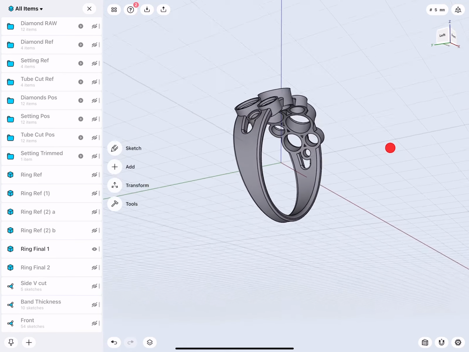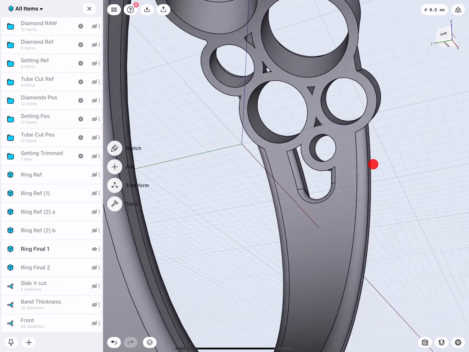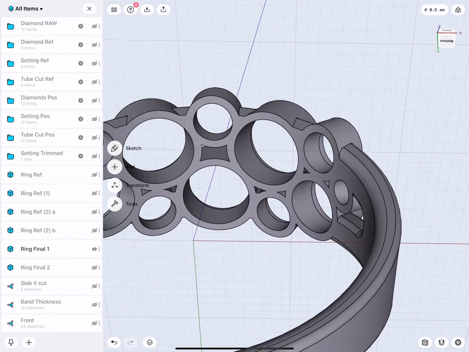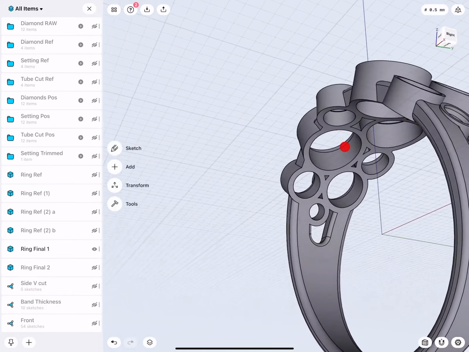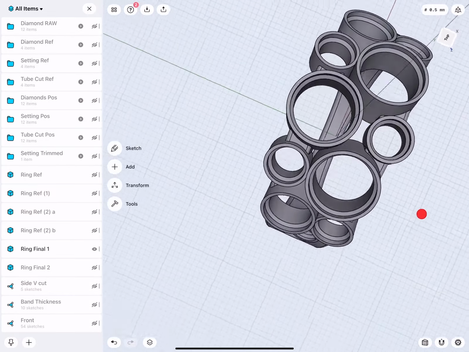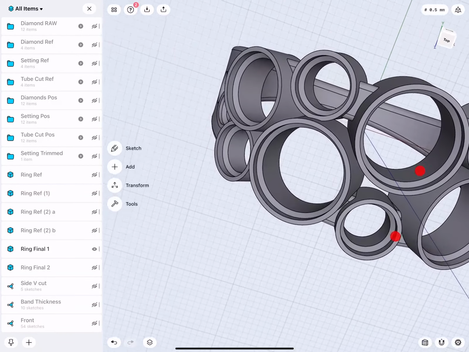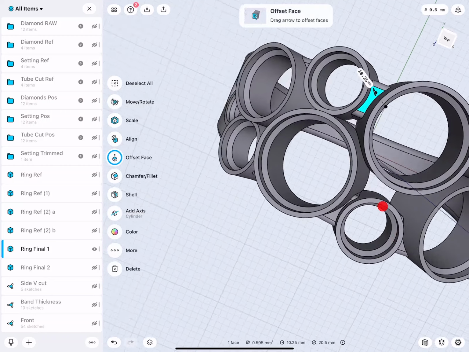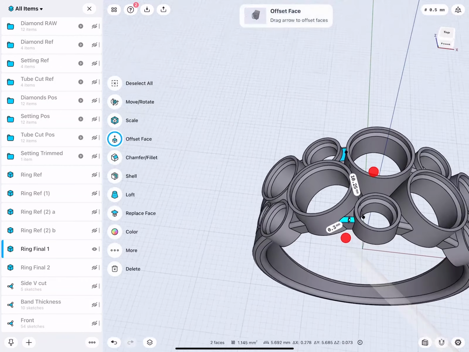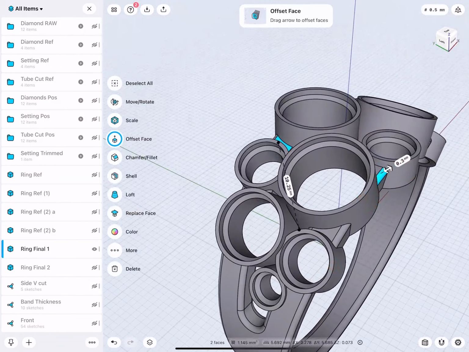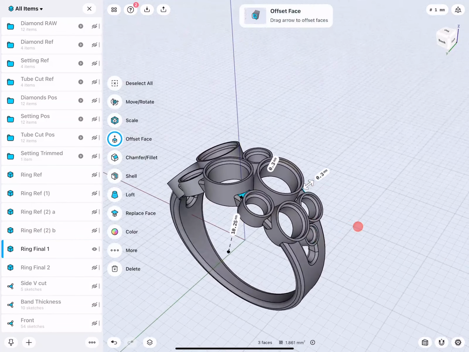So a flat band, I rounded some edges, and then we have a lot of cavities and small windows in between. And then to make sure everything's strong enough, there is sufficient connection between all these individual cylindrical shapes.